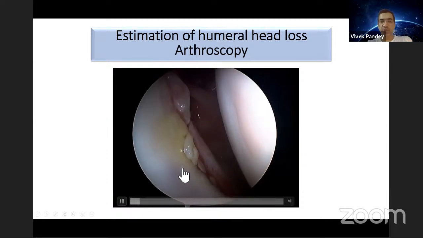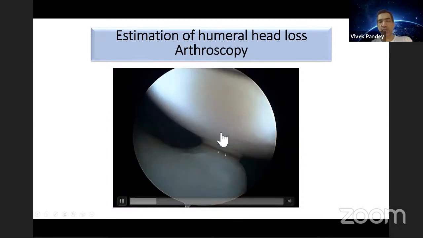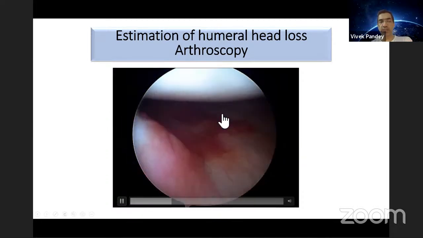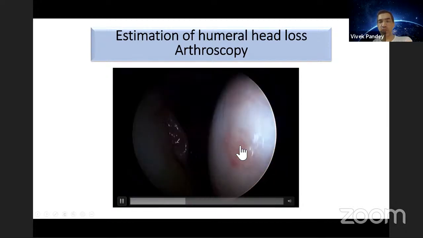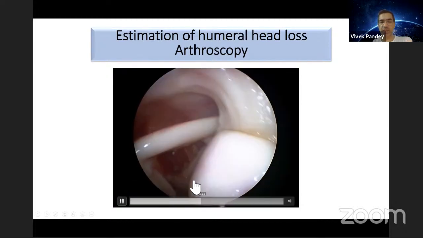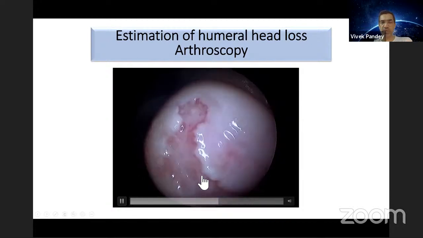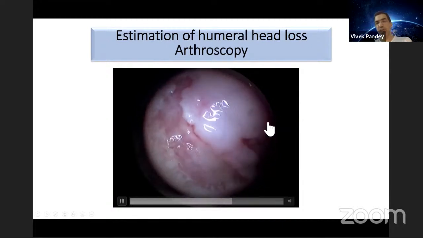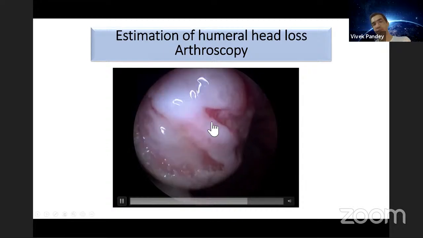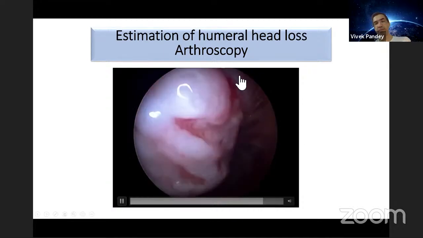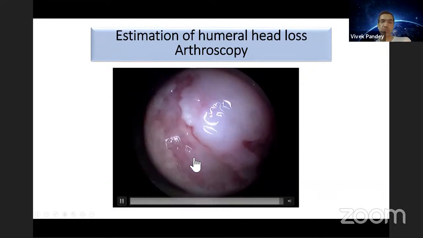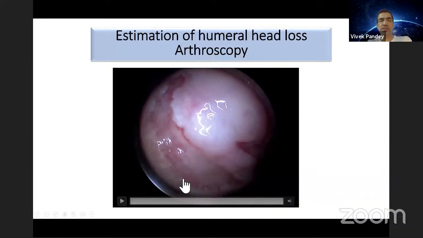So again, if you look at this patient here, this one again, I got stumped. My Hill-Sachs index was smaller, but when I put an arthroscope inside, anteriorly it was not looking big. Look at this little superficial lesion, not a very deep lesion. You have a Hill-Sachs lesion, but then you have got a cartilage and then again a small superficial lesion. And these lesions sometimes are missed on the CT scan.